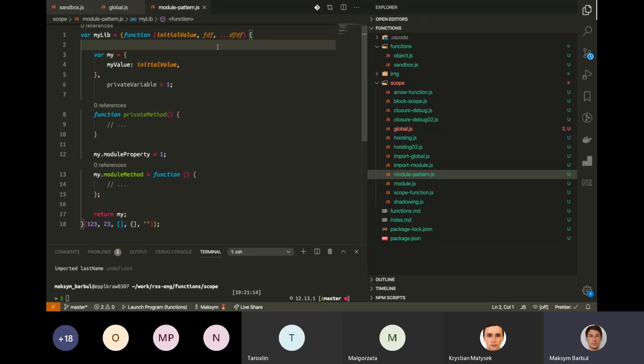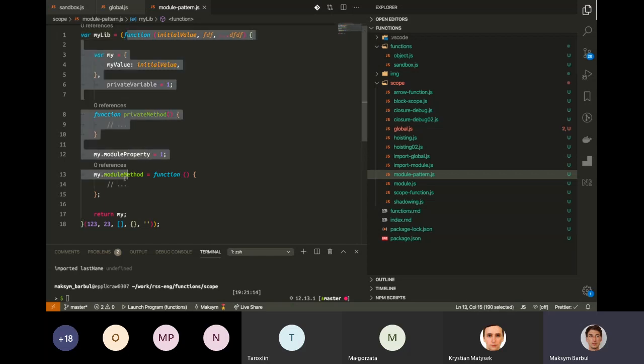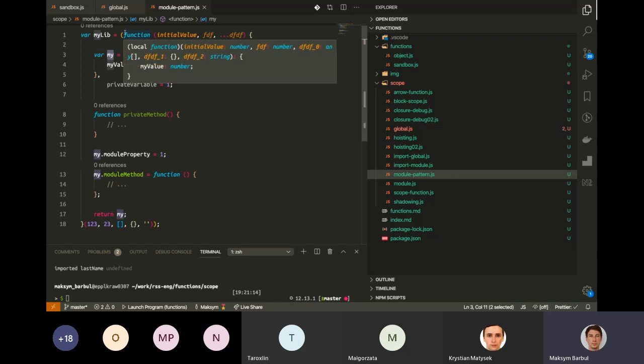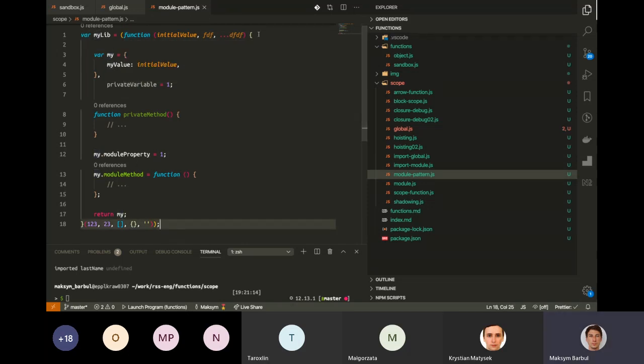And this pattern is using the next scope. It's using the function scope. It existed for a long time, as long as JavaScript existed. So there were two scopes, global and function scope. There were no modules. That's why people had to invent this thing. And whatever you define here, a variable, will not be available outside of this function. So basically, these curly braces, this one and this one,